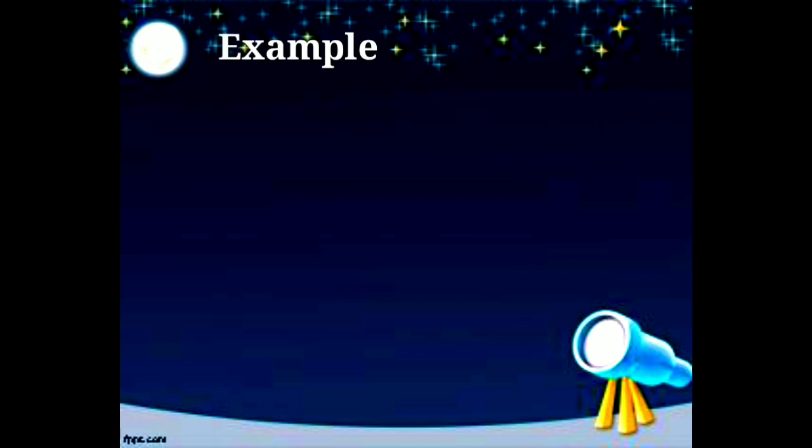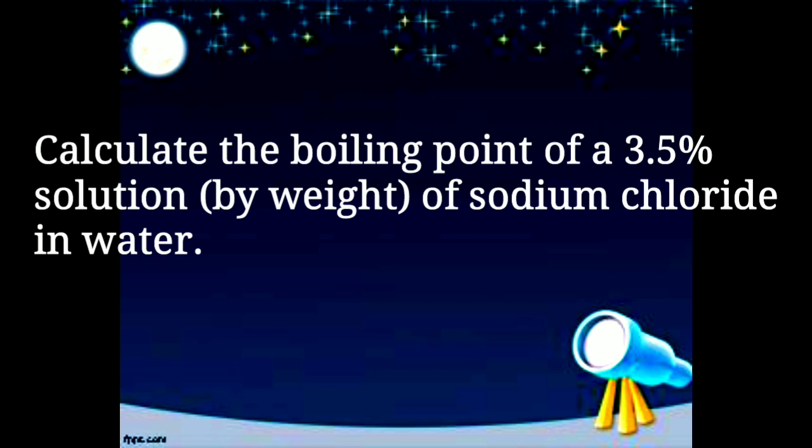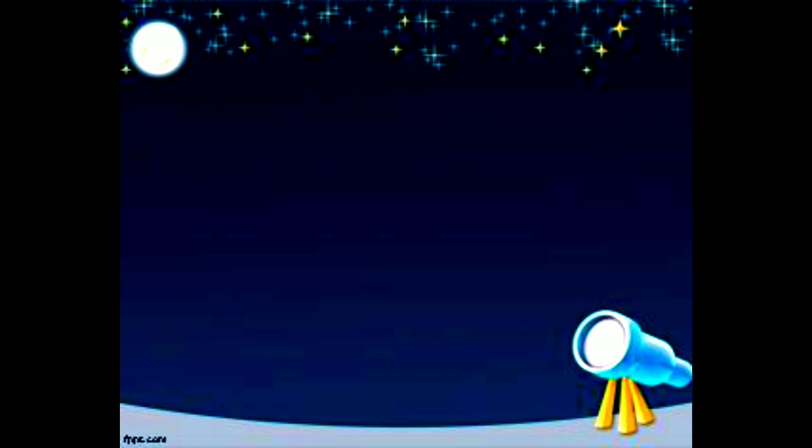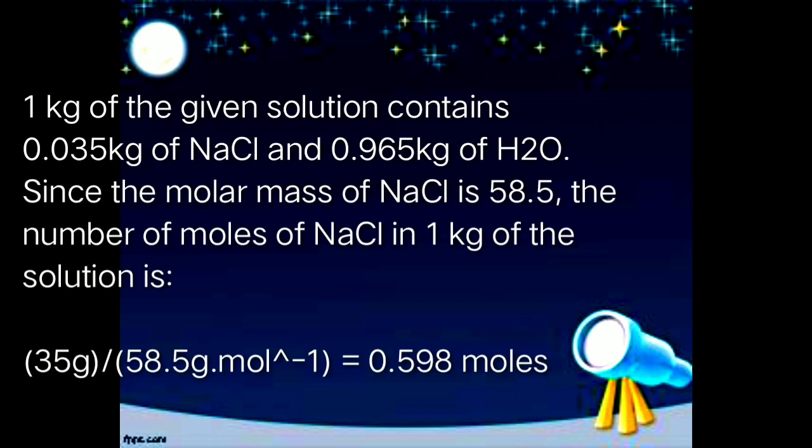For example, calculate the boiling point of a 3.5% solution of sodium chloride in water. We can say that 1 kilogram of the solution contains 0.035 kilogram of sodium chloride and 0.965 kilogram of water. Since the molar mass of NaCl is 58.5, the number of moles of NaCl in 1 kilogram of the solution is 35 grams over 58.5 grams times mole to the power of negative 1,